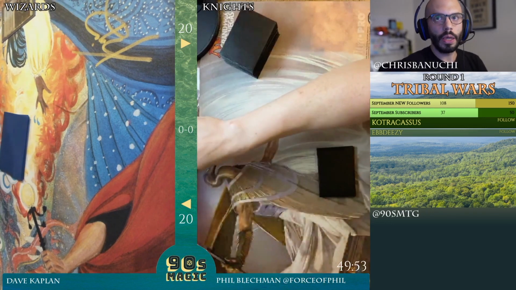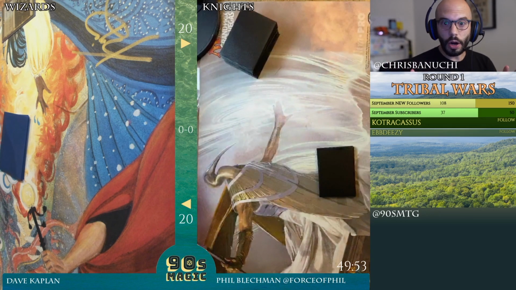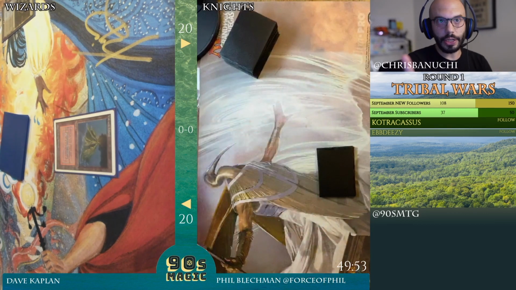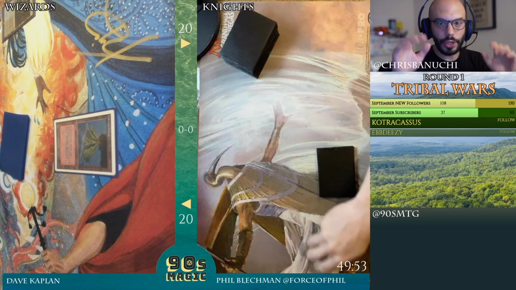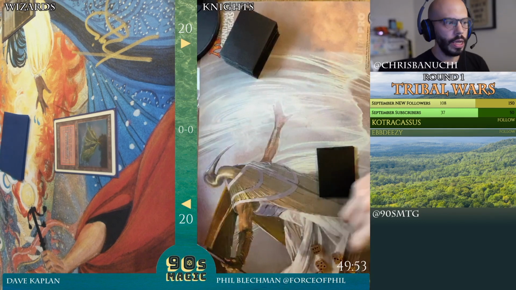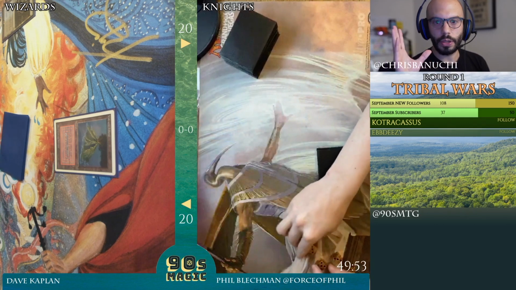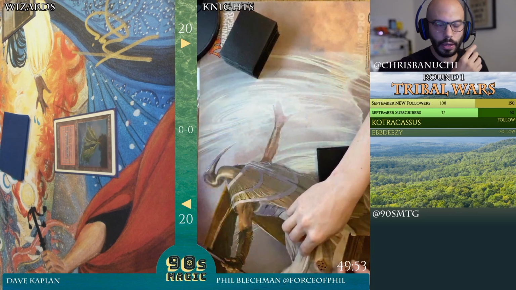9dsmtg.com/Tribal Wars. The rundown is basically 20 cards in your deck need to share a creature type, changelings included. Changelings count for every creature type. So you can have a deck with 20 humans, and your 21st card could be a rogue, an elf, or whatever. As long as you satisfy the 20 creatures in your deck being humans, your deck is in compliance with